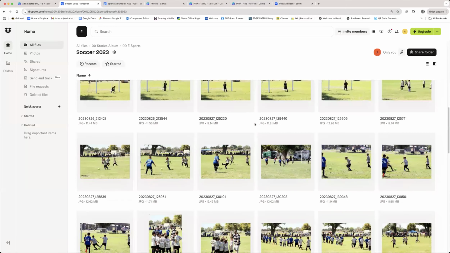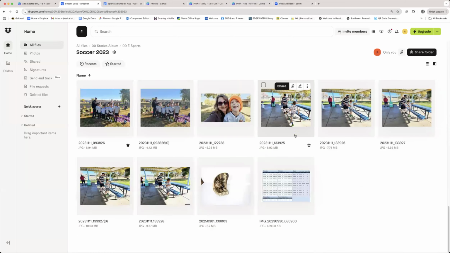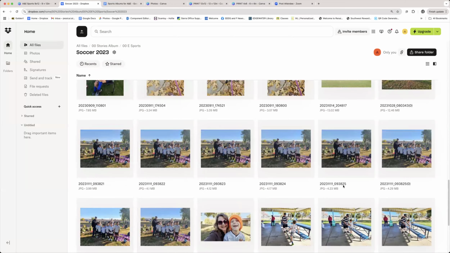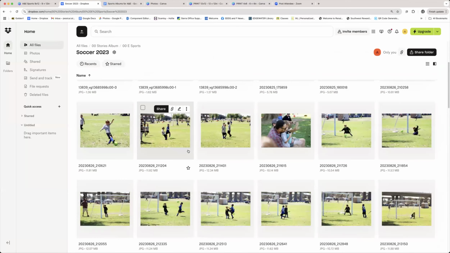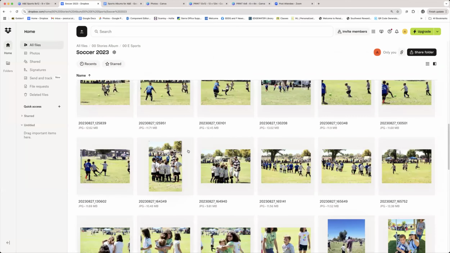So as I edit them, I drop them into this folder, and then I also drop them into a Canva folder. So that's why there doesn't really appear to be a ton in here, even though this to some people might be a ton. It's just not a ton to me because I take a boatload of photos. And honestly, I think all of these photos were from his first game.